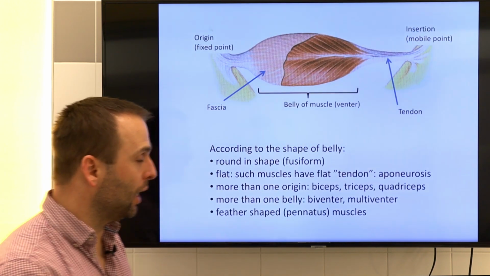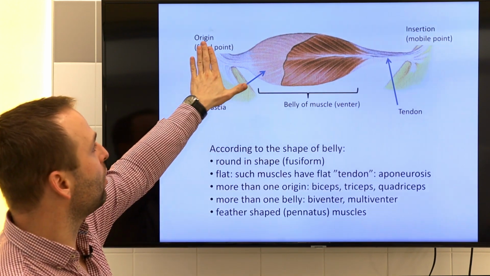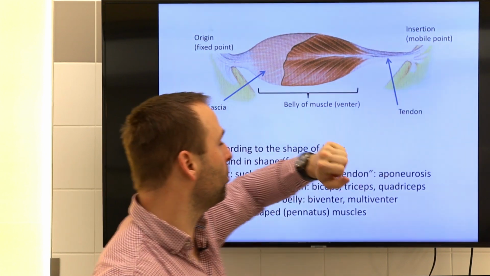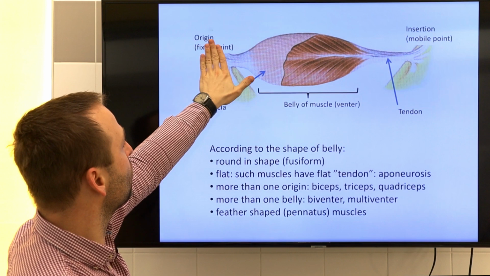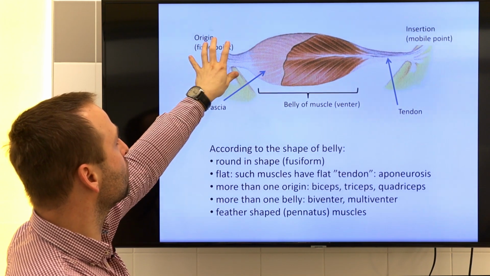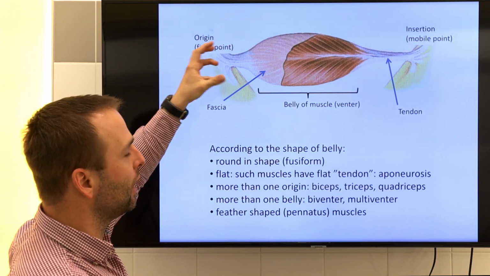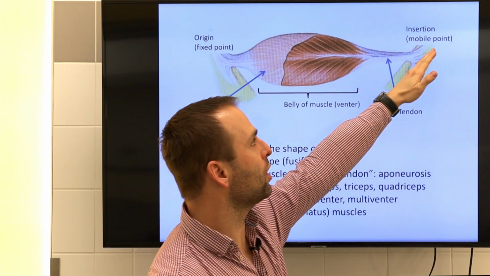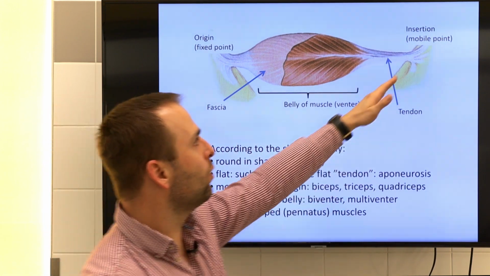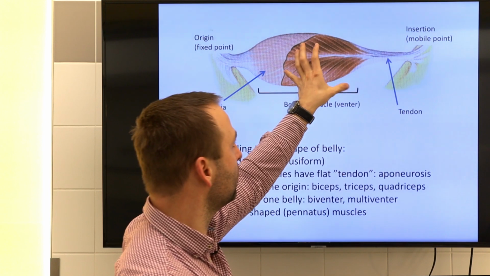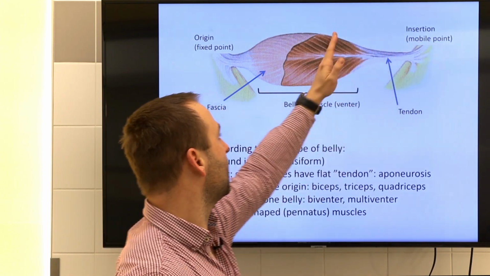So in this picture, let's quickly summarize this information again. Here you have one bone, here you have the other bone. One tendon is fixed to one of the bones. This is considered the origin if this is not moved or moved less compared to the other end, which is the insertion, or called the mobile point, which will be moved, and if the muscle is contracting, shortening, this point will be pulled in this direction towards